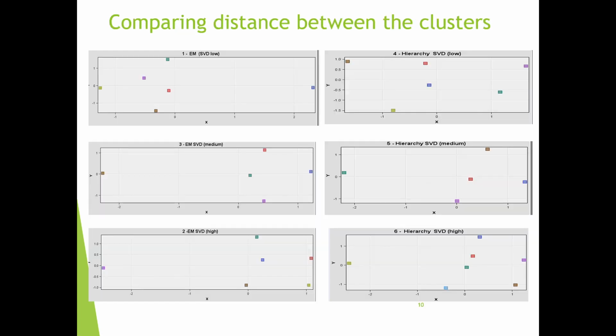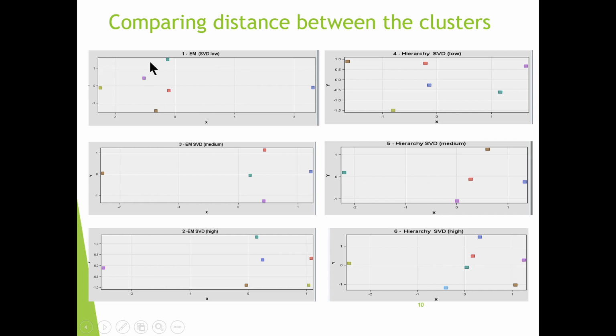Now, first of all, remember the cluster. We look at the distance between the clusters. Remember we say that objects within the cluster must be similar, and objects between the clusters must be very, very dissimilar. So in terms of looking visually at the distance between clusters, the clusters must be very distinct in